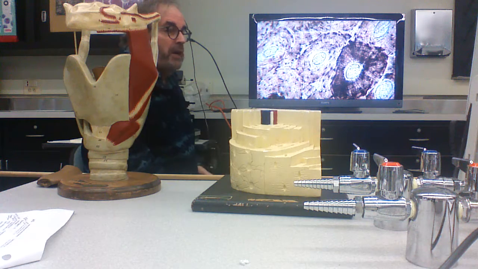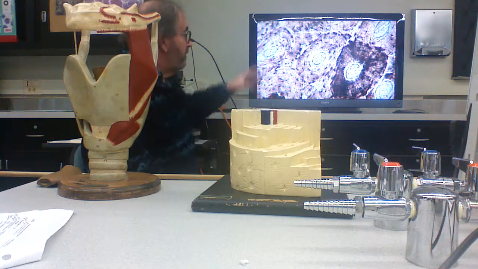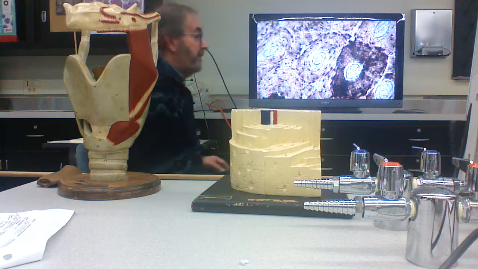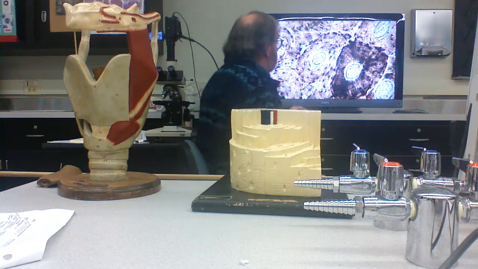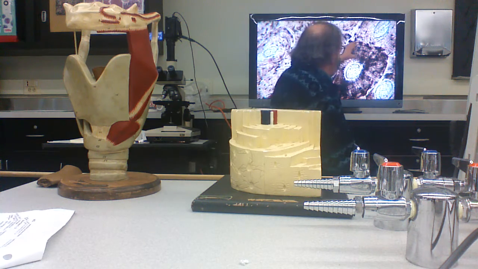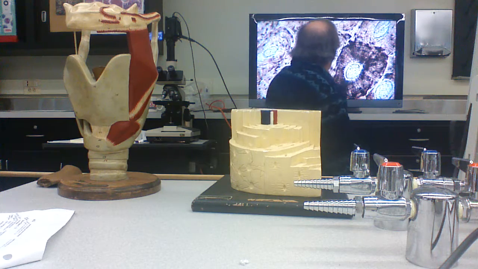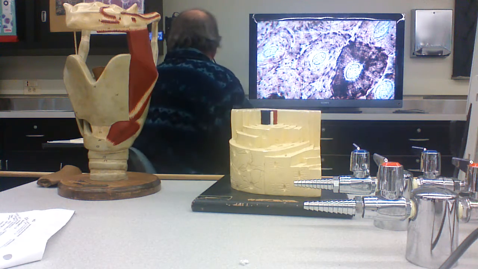It's vascularized. It's innervated. And because the osteogenic cells have moved inwards, all of the Volkmann's canals, all of the Haversian canals, all of the connecting Volkmann's canals,